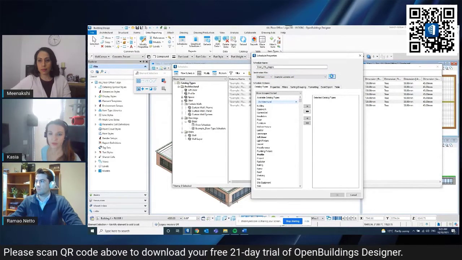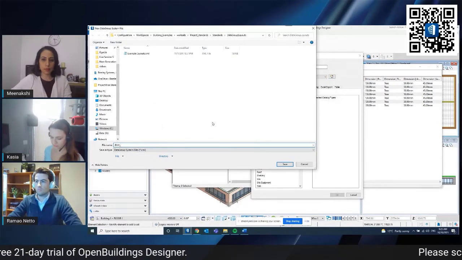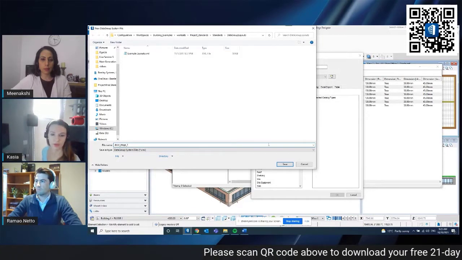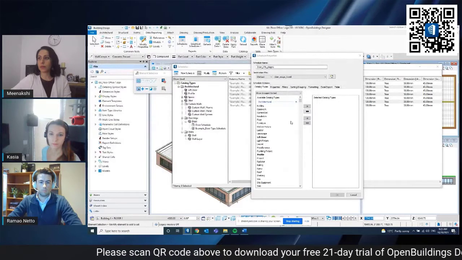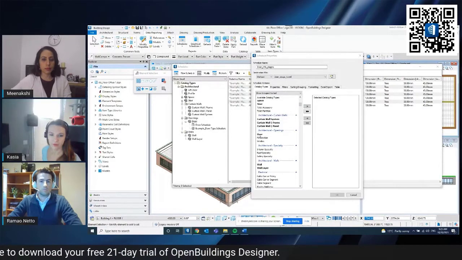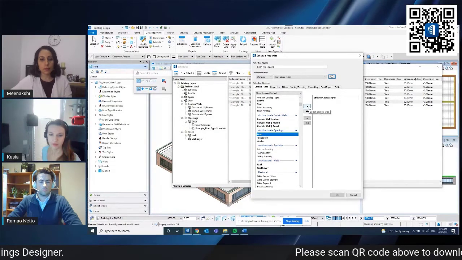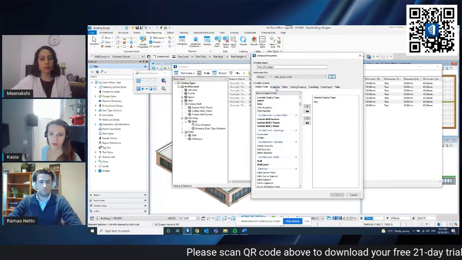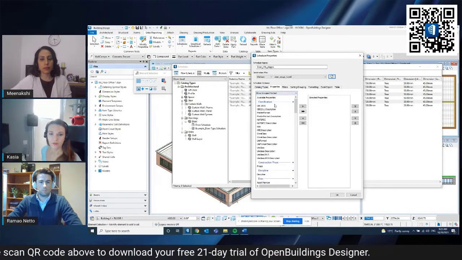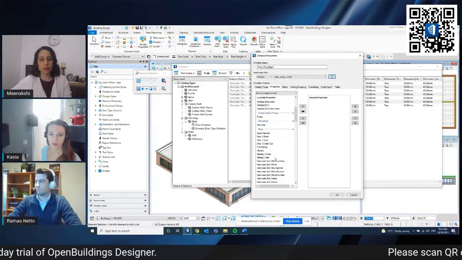And I will prepare a new name for that. So again, store stage 1 schedule, and I can save it. And then I can select the correct catalog type, which specifies the building element I need. So it is door. And then, of course, it can be more elements than just that. And then I will decide what kind of properties I want for this element to have